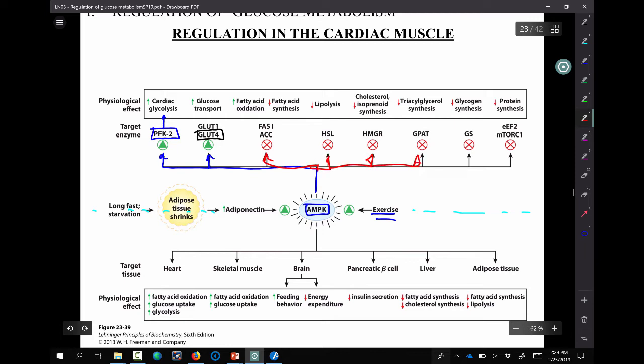Now let's go here, and we have yet to really build the groundwork for this, but we will do this. I'm just going to highlight the word synthesis in all this. AMP kinase is going to inhibit most anabolic processes in the cell. So essentially, AMP kinase says, whoa, there's a very low energy supply. We need to get energy into the cell through glucose, glycolysis needs to increase, and everything else that's using ATP needs to stop.